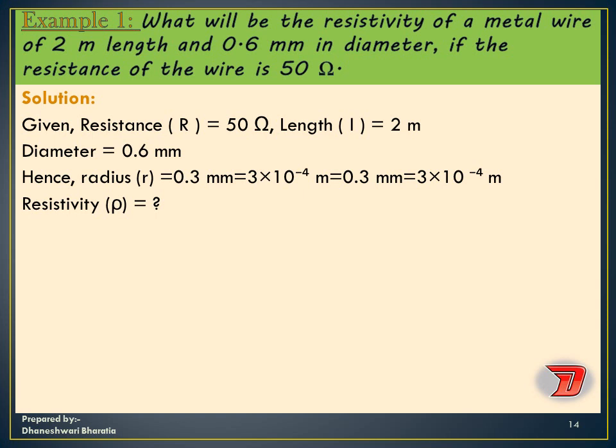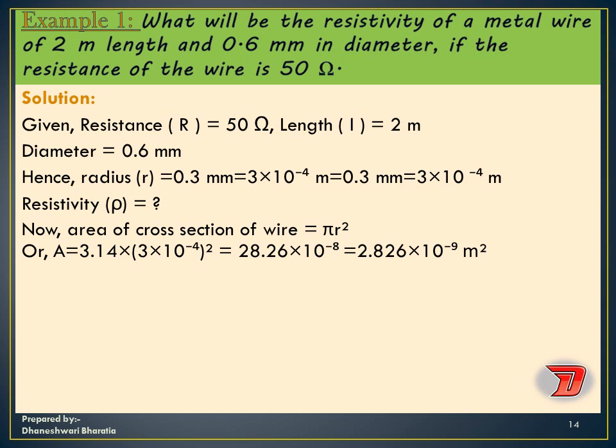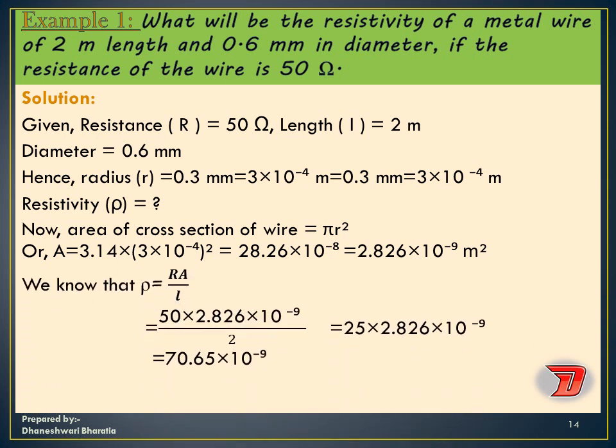Now radius you know how to find. Okay, and we have to convert it into meters because it is the SI unit, right? We know the formula to find area, that is pi r square. Okay, substitute the value and find capital A. Use the formula, substitute the value and find the answer. Okay, next,